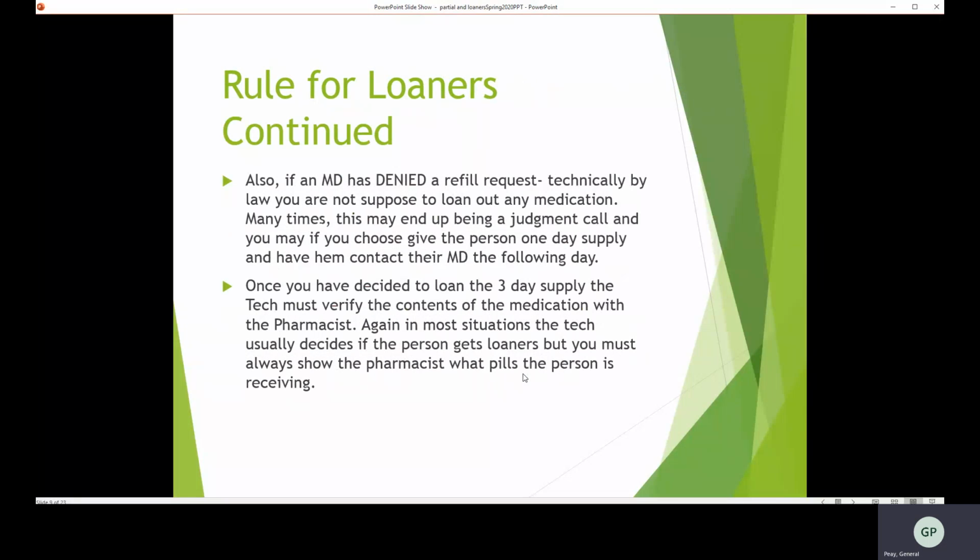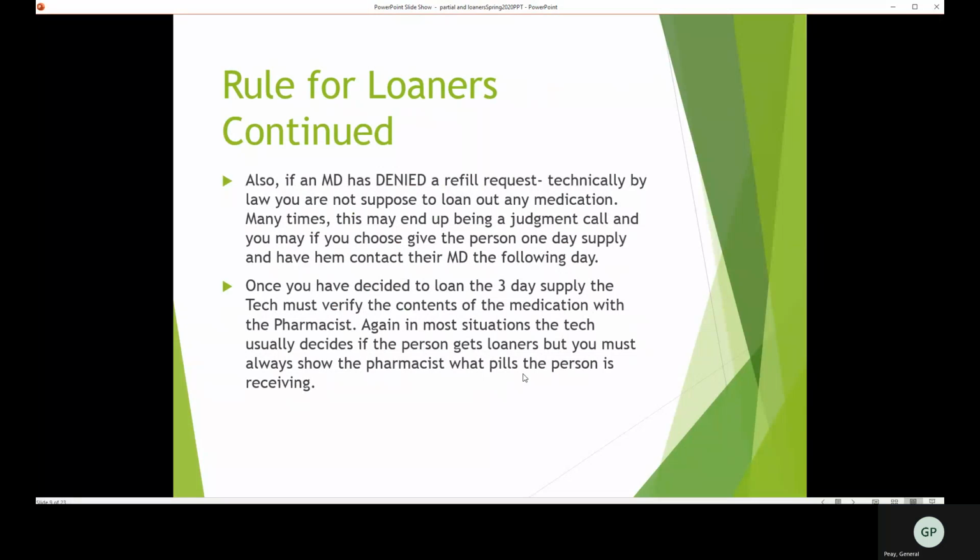Also, if a doctor has denied a refill request, technically by law, you're not supposed to loan out any medication. So what happens sometimes is you may send in a refill request to the doctor's office on a blood pressure medication, and the doctor may fax back or call back and deny the refill request. Usually the reason they deny it is perhaps the person hasn't made an appointment in a while. The doctor hasn't seen the patient in a while,